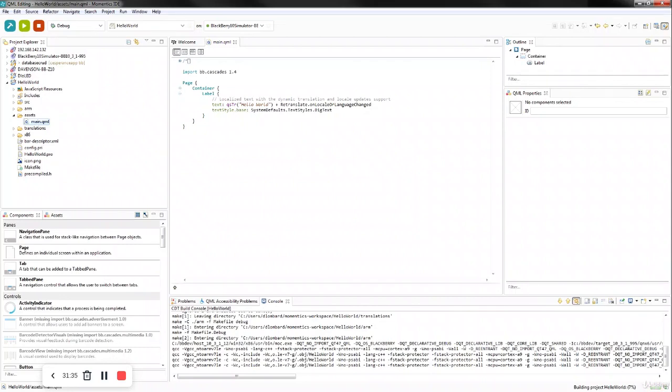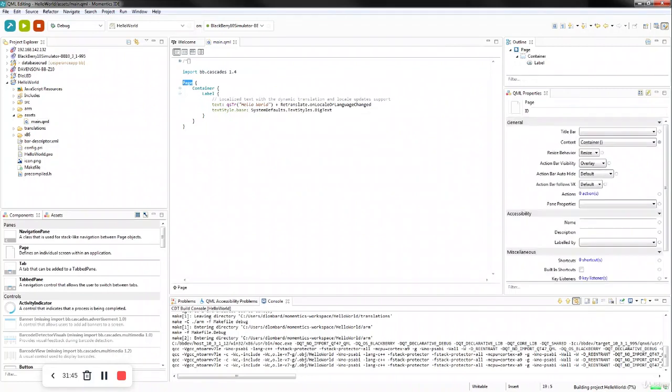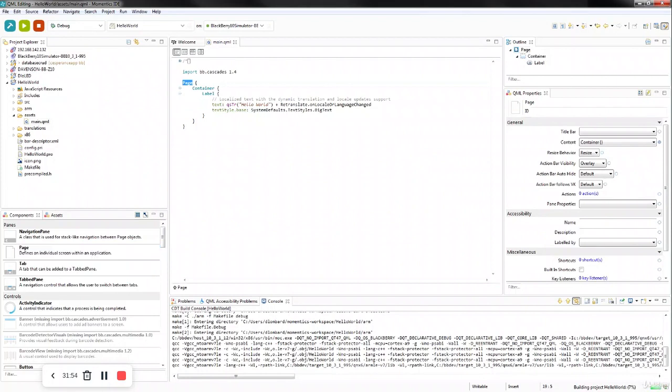It first starts with the BB Cascade here, 1.4, so it's the latest framework that's available for 10.3.1. Then we create a first UI element, which is the page. A page, as you can see here on the left, it defines an individual screen within an application. Okay. Once you have your screen, you want to create containers on your screen to divide it appropriately for your